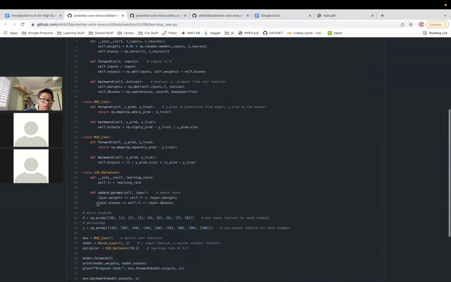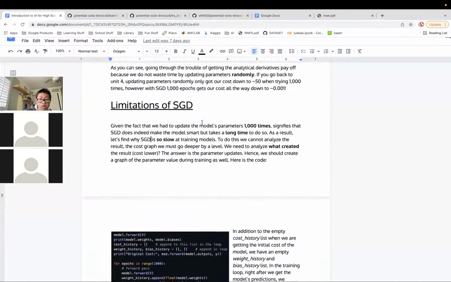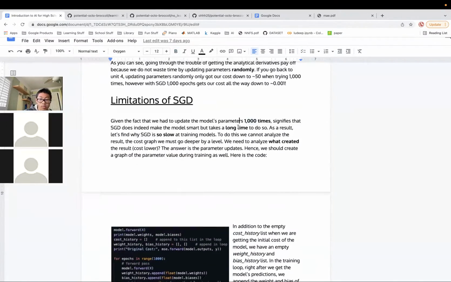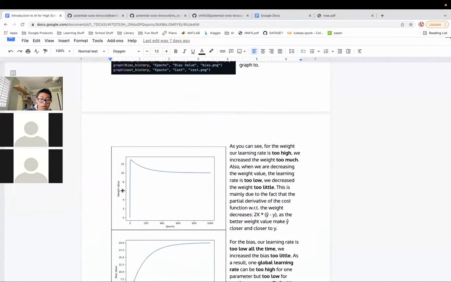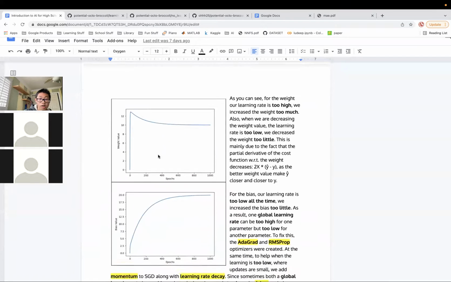And we have less than a minute left, so I'm gonna just speed run the rest, which is really little. So we did it 1,000 times and it's really slow. And then the weight, if we plot the weight over time as we're updating, first few epochs we updated way too much, and then it slowed down learning, and then the bias has